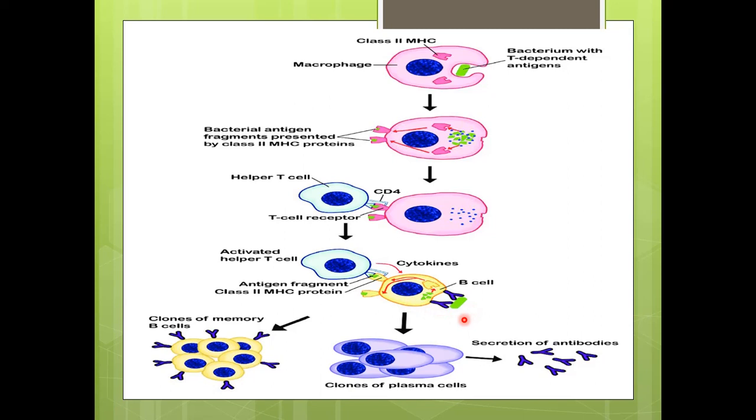And here we can say that the B lymphocytes can also recognize the intact antigens and can also bind with this antigen and internalize it. And after internalization, they process the antigen and present it to the helper T cells in association with class 2 proteins. So, helper T cells on activation are going to produce cytokines, and these cytokines are going to cause enhancement of the B cell activation. They will be changed into the plasma cells and are going to secrete the antibodies, and some of the activated B cells will form the memory cells.